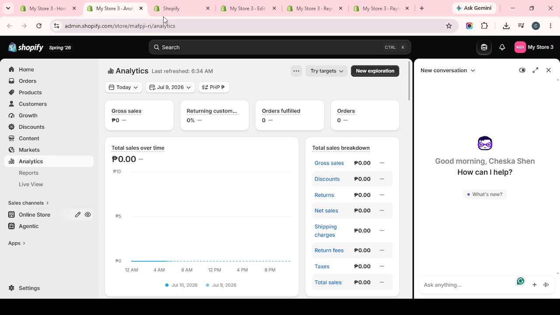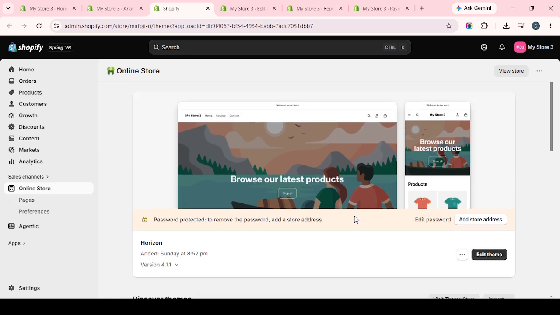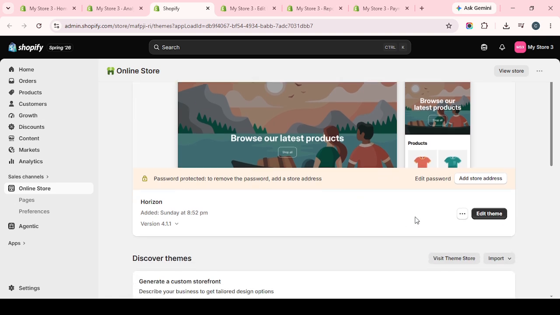Start by opening Google Chrome and going into your Shopify admin. From there, head to Online Store, then Themes, and choose Edit Code. This opens the theme code editor, where you'll see a list of folders and files along the left-hand side. Take your time here, because the layout can look a little dense if you're not used to working in theme